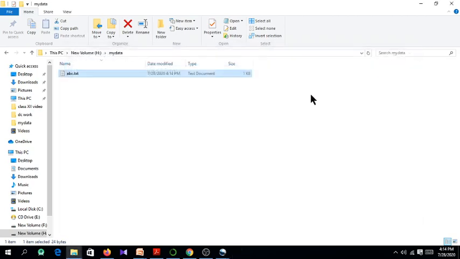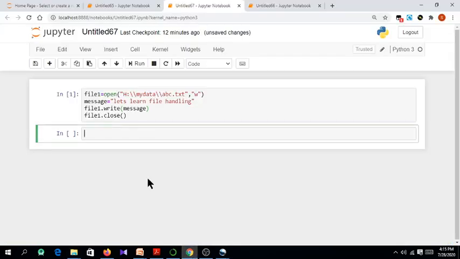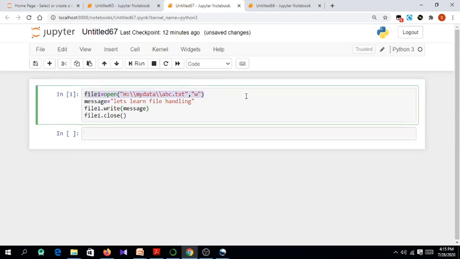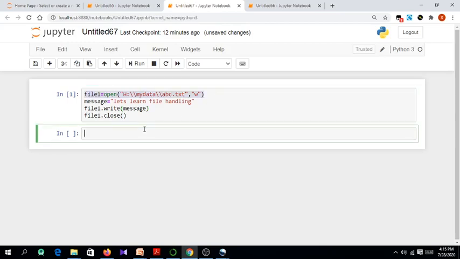Okay, one more thing: in write mode, suppose I'm going to write something into a file which is not there. For example, let me copy it here. I am trying to open a file in the H drive, my data, abc.txt. Instead of abc.txt, let me write new.txt.